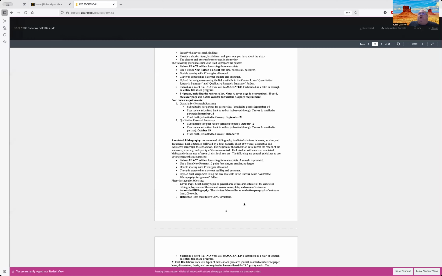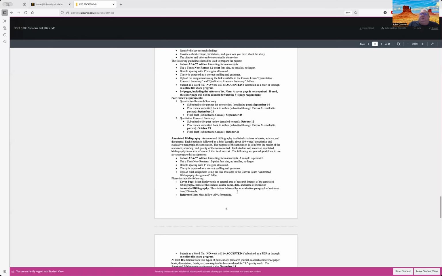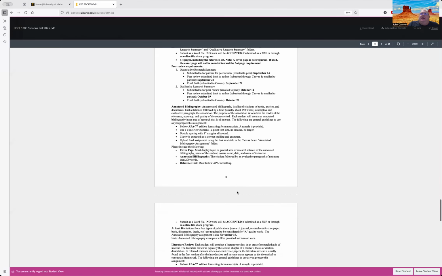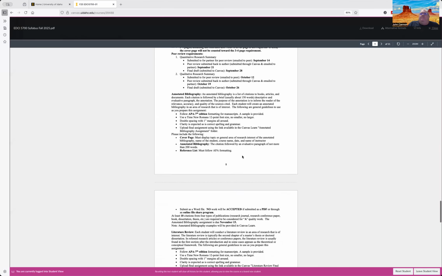So with this one, again, APA 7th, Times New Roman 12, double spacing and 1-inch margins all around. You'll submit it in Canvas. And with this, you will have a cover page. The example that I provide on Canvas is a good one to use as a template.